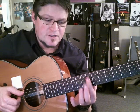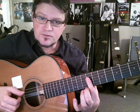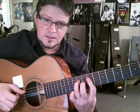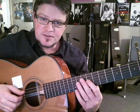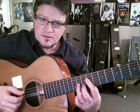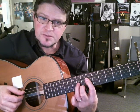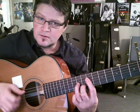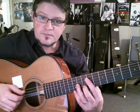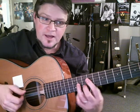Here I'm placing my first finger at the 7th fret on strings 3 and 4, and I'm hammering up very, very quickly into the 9th fret with my 3rd finger. I do the same thing, moving the finger down to string number 3, getting my 2nd finger into that extra melody in between there, and then go back,